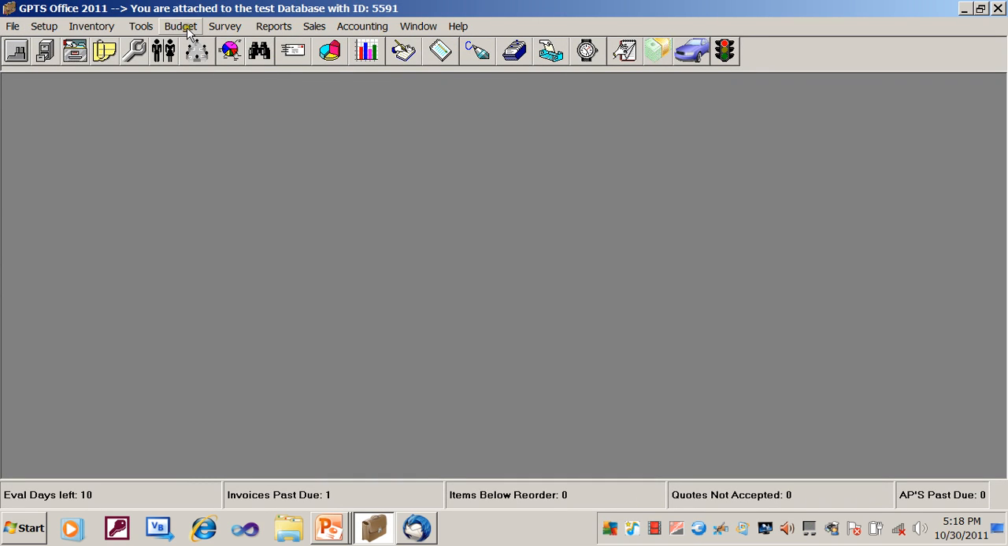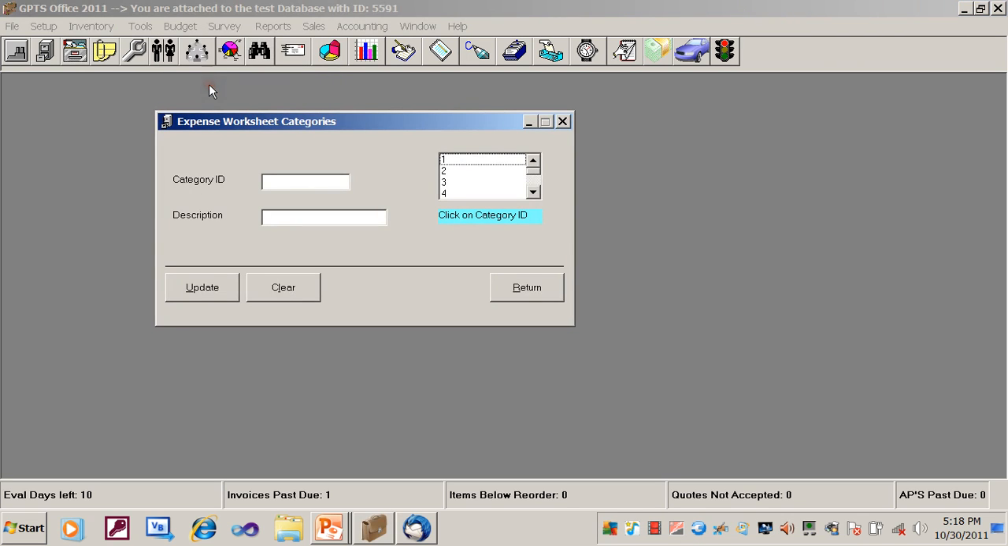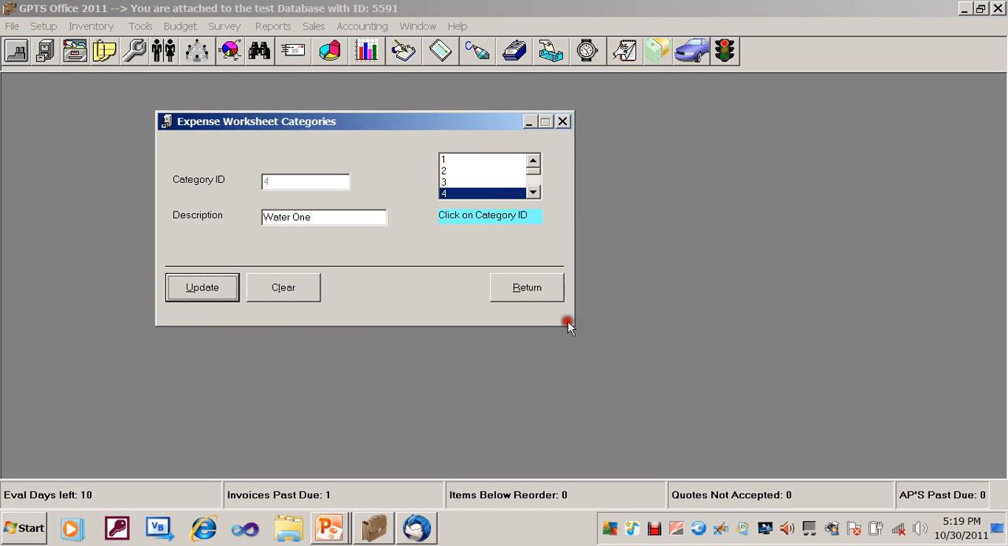So that's expense worksheets. Now let's go and look at the expense worksheet category. There again, this interface will allow you to change the actual description of the default categories. So we'll call this water, just for sample, just for demonstration purposes. So this category ID has been updated,